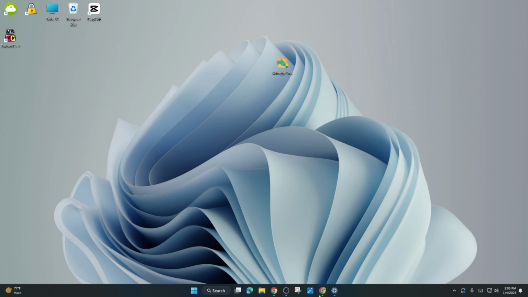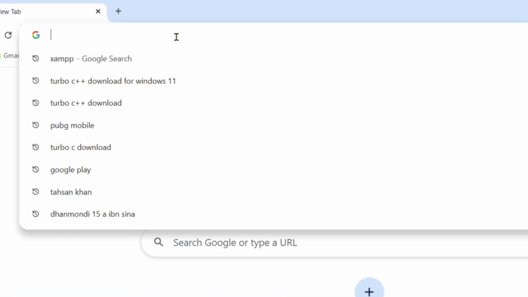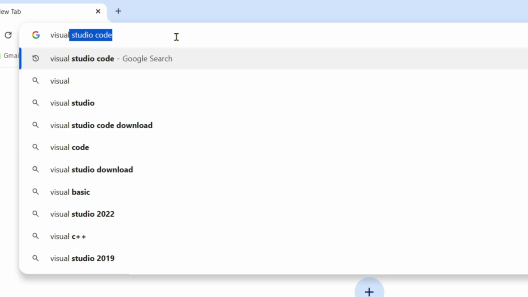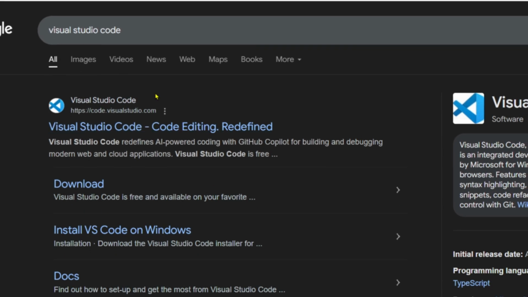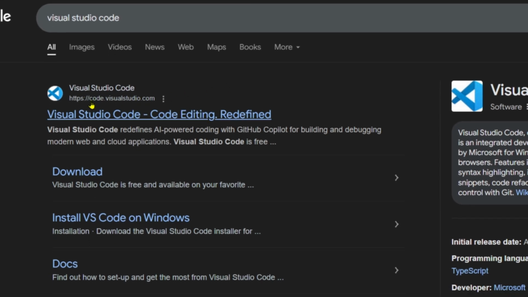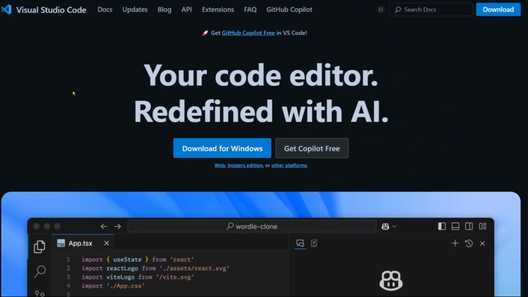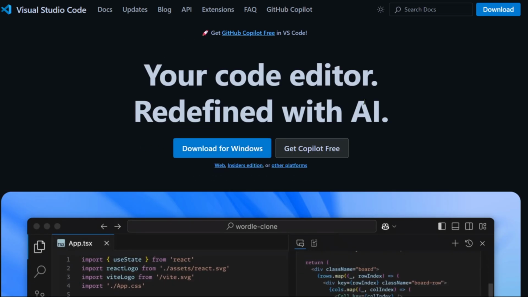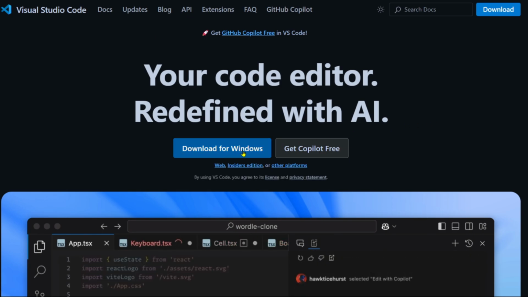Just simply come to your favorite browser and search for Visual Studio Code. And then here we'll find the suggestion over here. If you click on that, then you'll get this website called code.visualstudio.com. So if you click on Visual Studio Code, it will open the website of Visual Studio Code, where you can download it. And here you can simply click on your code editor redefined with AI, and here is a download option